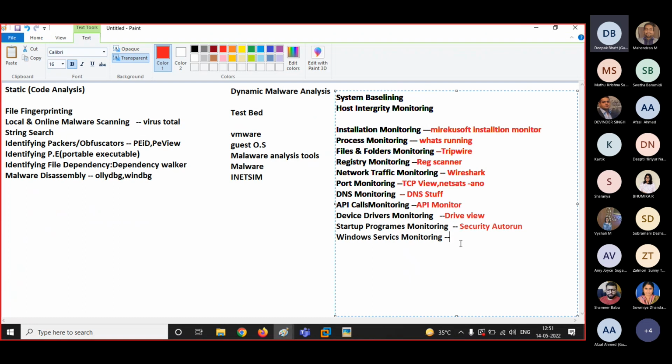Am I clear? And for this, we have a tool known as Enterprise Service Manager. You can use another tool known as Windows Service Manager.